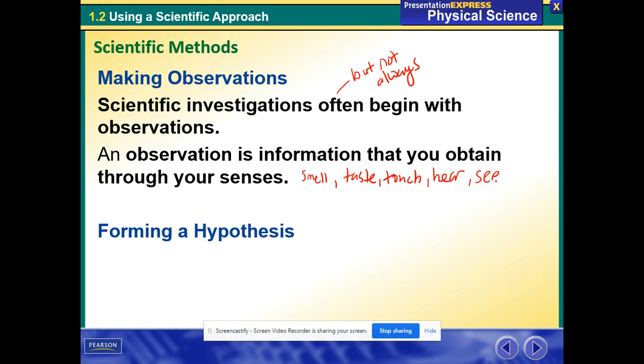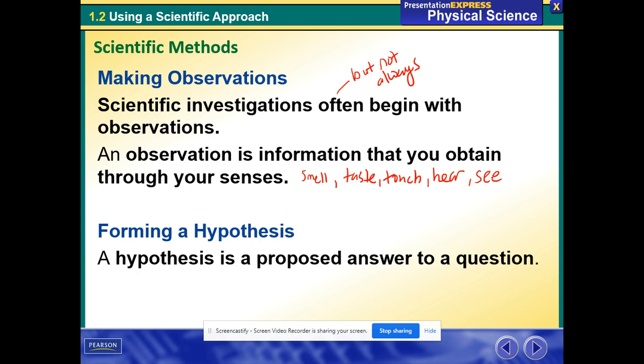And C. Whew, that took me a hot minute. From there, you can form a hypothesis. And a hypothesis is usually just a proposed answer to a question, or what do you think is going to happen? Typically, we like to write a hypothesis by saying, I think, because. So an observation I have is when I'm making chocolate milk, oftentimes I add too much chocolate, and when